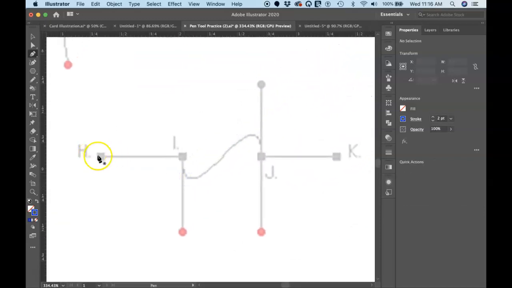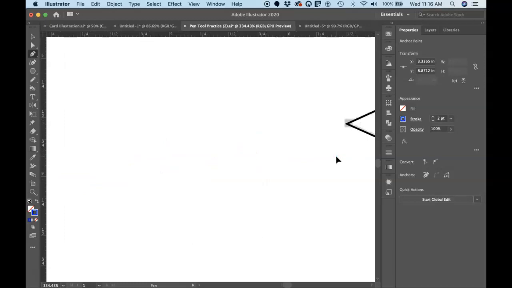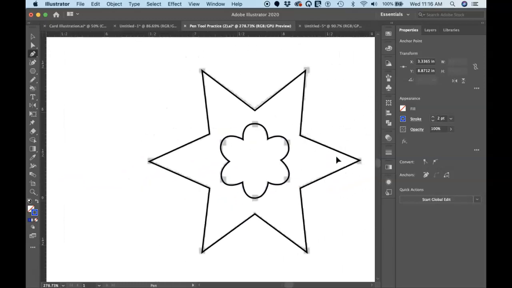H through K, very similar. Straight line here. Click and drag a handle. Click on point J, drag downward to make that S curve. Click the lead anchor point to get rid of that handle ahead to make it a straight point. Okay, get the idea? All right, so